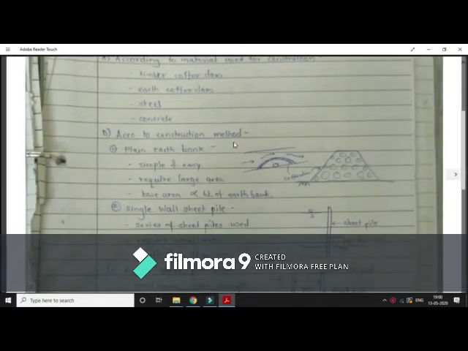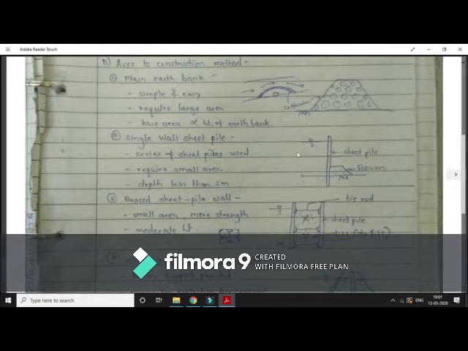According to construction method. So this is the plain earth bank. Here it is very simple. You need to construct an earth bank like this so that you can divert the stream of a river here and you can construct a bridge here. So this is made up of totally earth. It is very simple and easy, but it requires a larger area as the base area increases with the height of the earth bank. So you just have to provide a slope. So it is a self-standing earth bank.